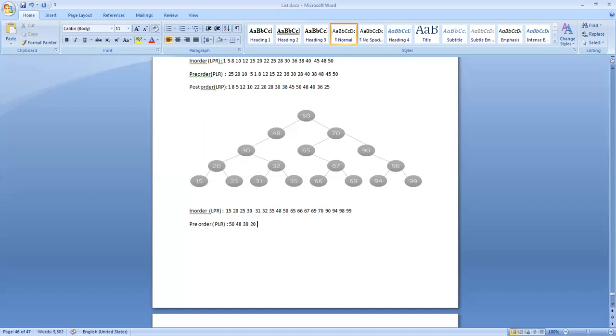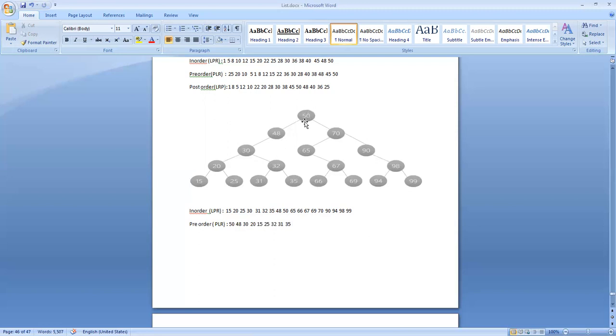That is also a parent. Then the left and right child of parent 20, that is 15 and 25. Then the right child of 30, that is 32. 32 is a parent. Then the left and right child, 31 and 35. Now the right child of 48, it doesn't have any right child.